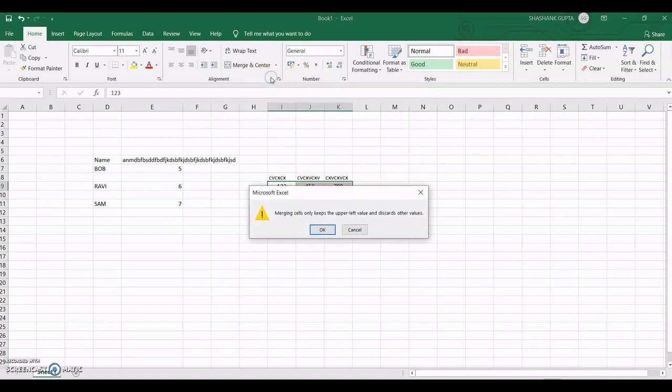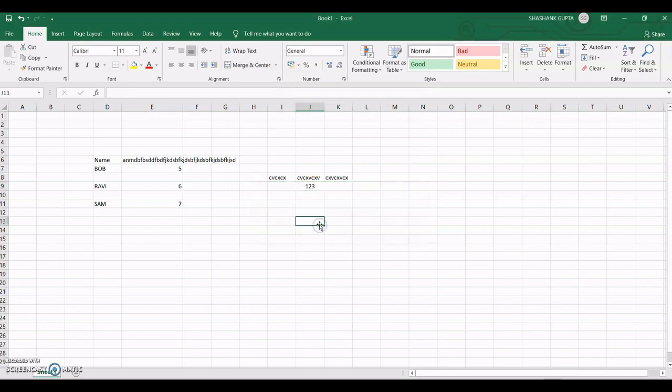Now let's see. After merging, the number is showing 1, 2, 3. I'm writing something again. Suppose I'm writing A, B, C, D, E, F and G, H, I. Now I'm going to merge these cells. Select the cells using the Shift key and right arrow, so the cells will be selected.